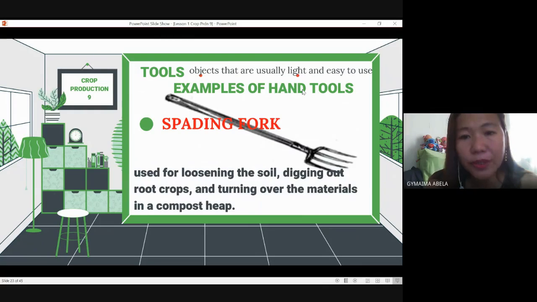And then the spading fork. Another example of a hand tool is the spading fork, used for loosening the soil, digging out root crops, and turning over the materials in a compost heap. So it is used to loosen the soil, or to turn the materials in the compost heap. Or let's say you are harvesting root crops such as cassava or kamote, you can use that as a